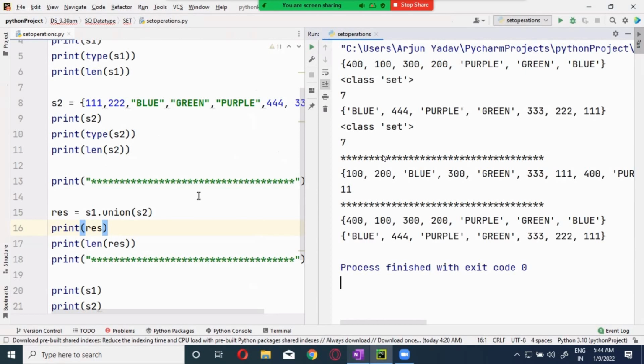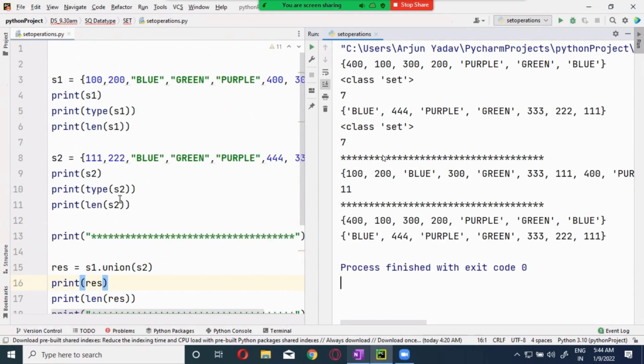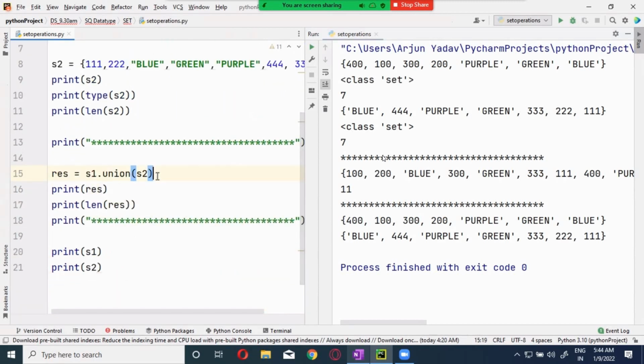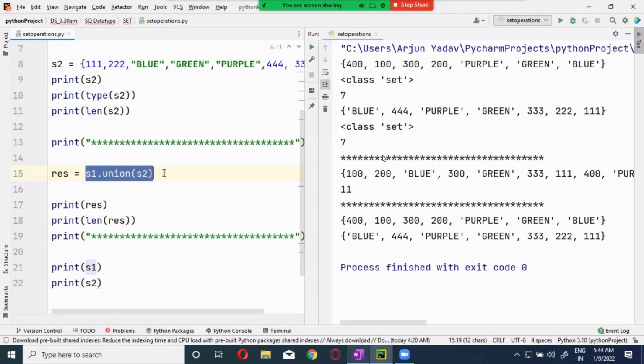So now there is something called difference. Now you have to understand one concept here. There is a primary set and there is a secondary set. In the union, you will not find any difference, but when you see the difference function, you will understand it.